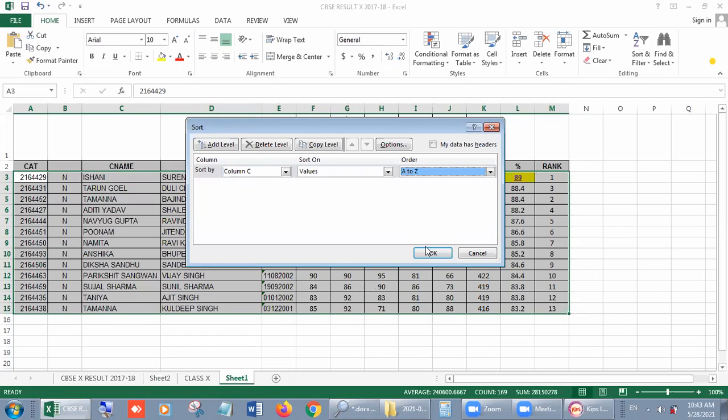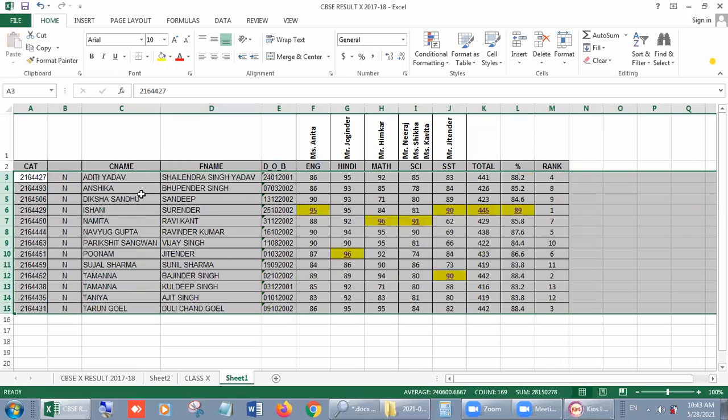I think Aditi is the only A name. Yes, Anshika is also there. But Ad comes first and An comes after. Then the first roll number will be of Aditi and the second roll number will be of Anshika. Look, now you can see the change, beta.